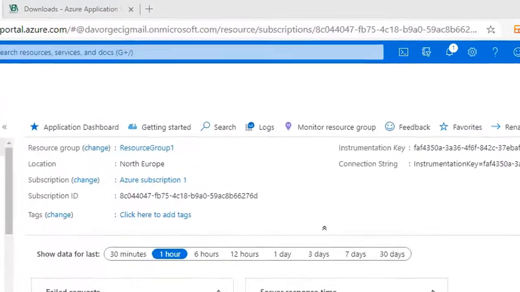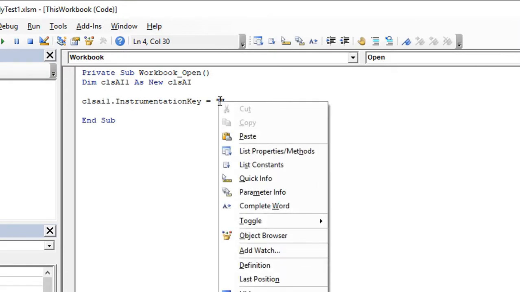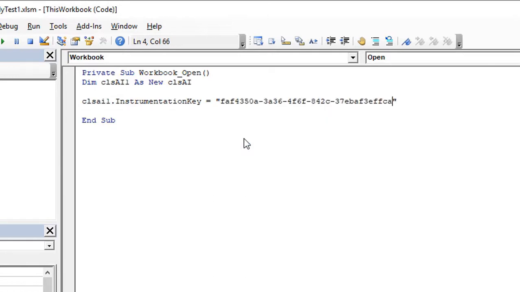Now we will go again to Microsoft Visual Basic for Applications, and between these double quotes, click the right button and click on paste. So this is our instrumentation key. So now our class knows where to send our data. Now we need to call a method from this class module that will send some data to our Microsoft Azure Cloud. To do so, let's type in